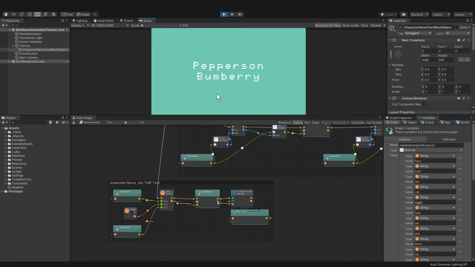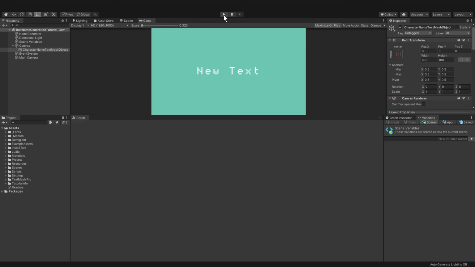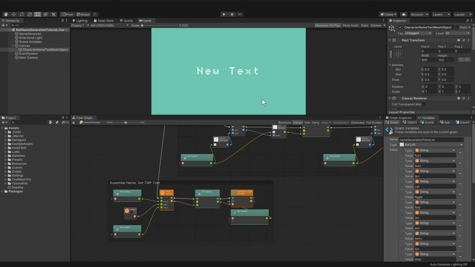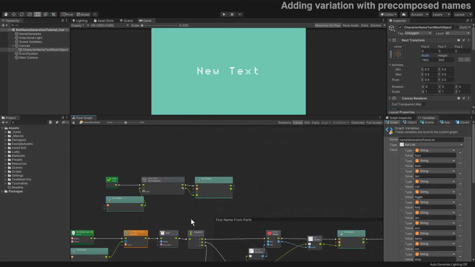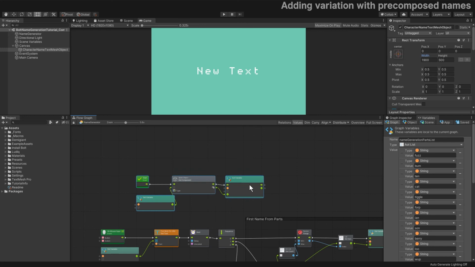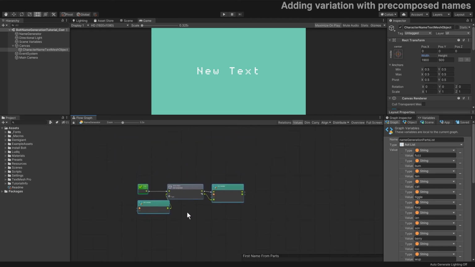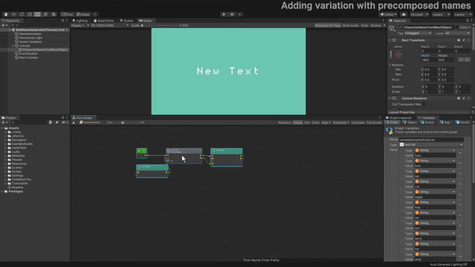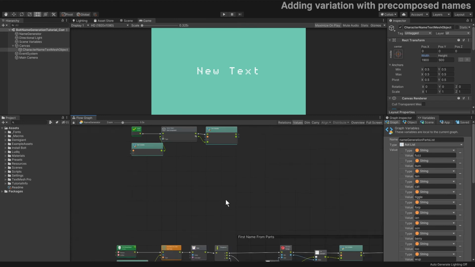Now, I'm going to show you a trick for adding a lot more variety to these names, because it gets pretty obvious after a while that there's a 2-part construction going on. But what we can do is have it randomly pick between a names list that we've pre-composed and these constructed names that we're putting together with 2 parts. I'll go to the top here and make some space because we're going to need to cut in on the